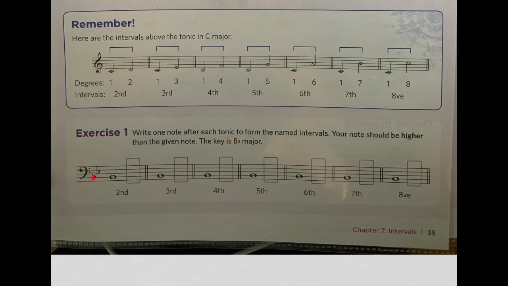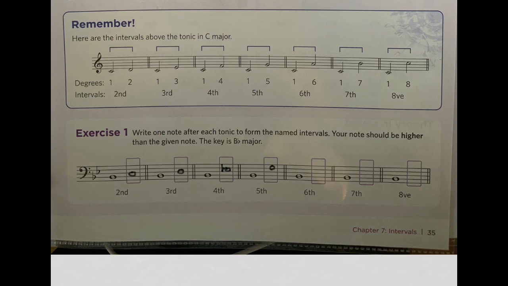So if we're going to do a second, it's right here. B flat to D is a third. B flat to E flat is a 4th. B flat to F,